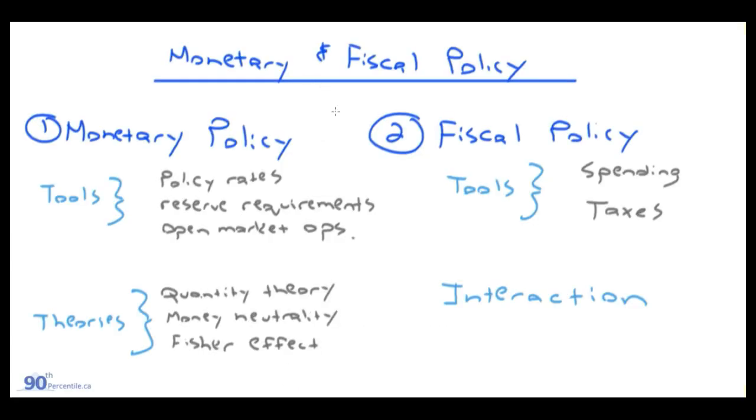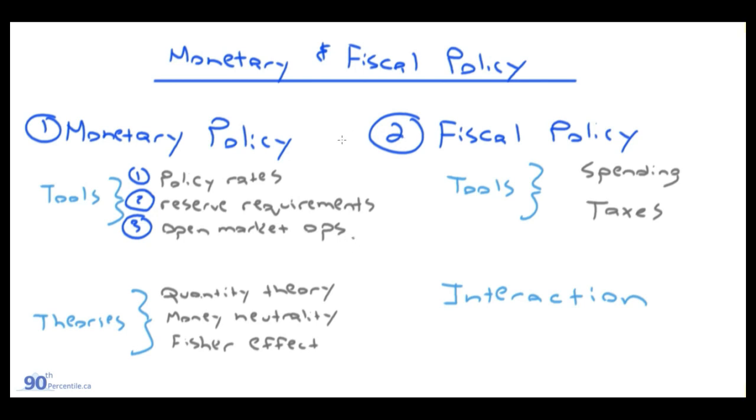This learning module is monetary and fiscal policy. Pretty easy to guess what the main two topics are going to be. We got monetary policy and fiscal policy, obviously. Underneath monetary policy, we're going to be discussing the main tools that central banks have at their disposal. One being changing policy rates or interest rates, two being changing reserve requirements at large banks in the country, and then three, open market operations, which is effectively just buying and selling bonds in the market to impact the money